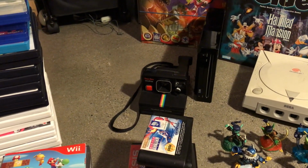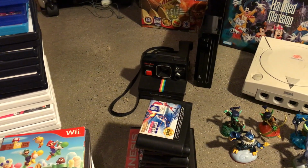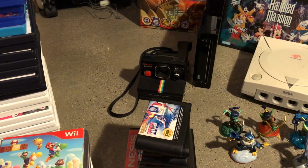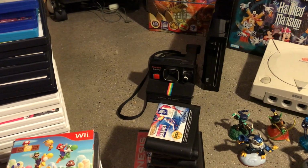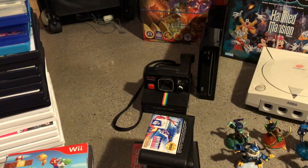Got a Polaroid Time-Zero. Ooh, I think that was at Savers. Yeah, that was Savers. That was $3.99. It's gonna go for about 50. That's still one of the ones with value. Most of the Polaroid cameras are coming down because